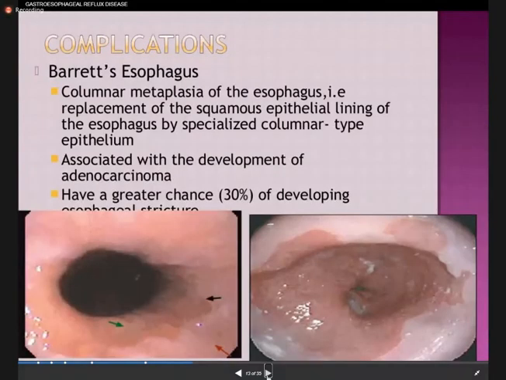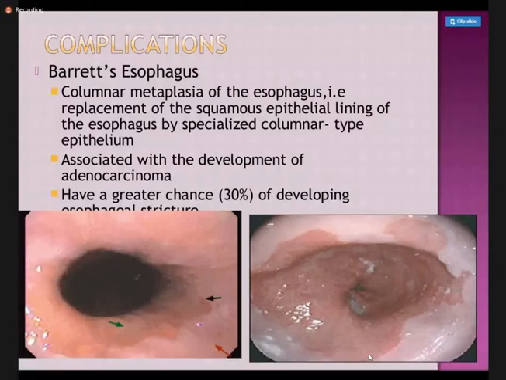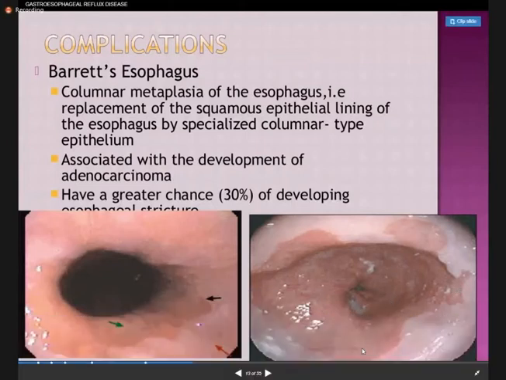Another complication which is very important is Barrett's esophagus. And this is the old picture which you just saw. On the right side, you can see that this salmon mucosa is projecting into the esophageal mucosa in the form of columns. You can see there is one column over here, one column over here, a newly developing column over here, and a bit of column formation over here as well.